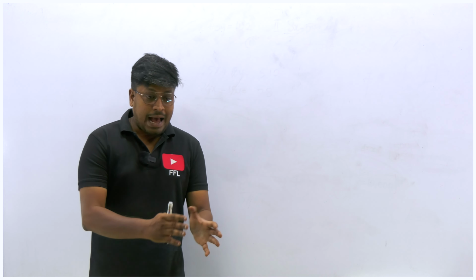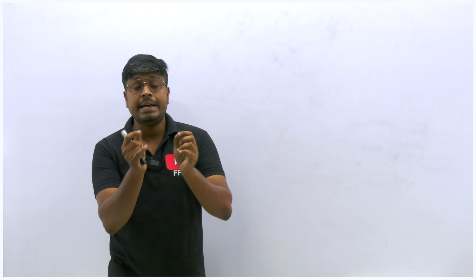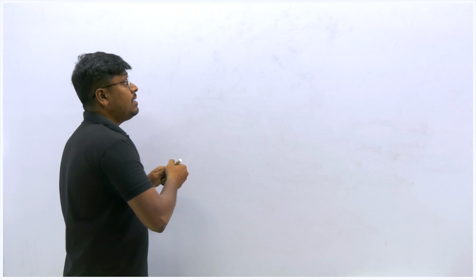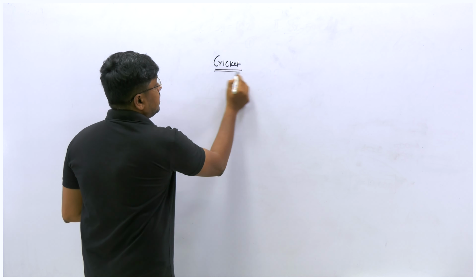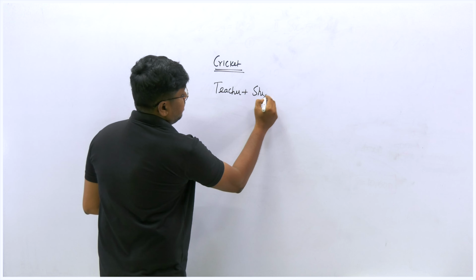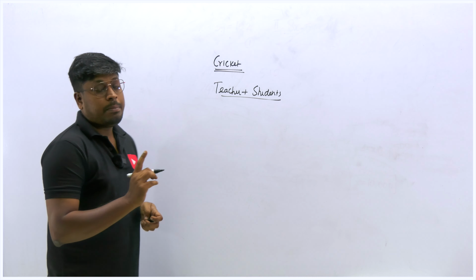When you take the average topic in quantitative aptitude, in every prelims exam you can see one question from this topic, and in the mains exams you can see this topic in the data interpretation concept. Usually there will be some values, like a cricket based question, and then a teacher and student based question. These two concepts play a major role in the topic average.